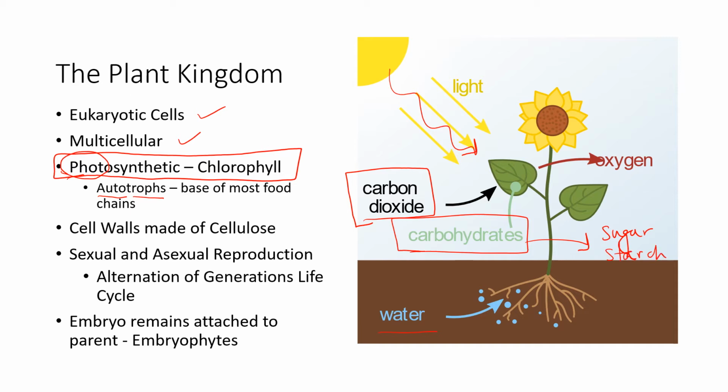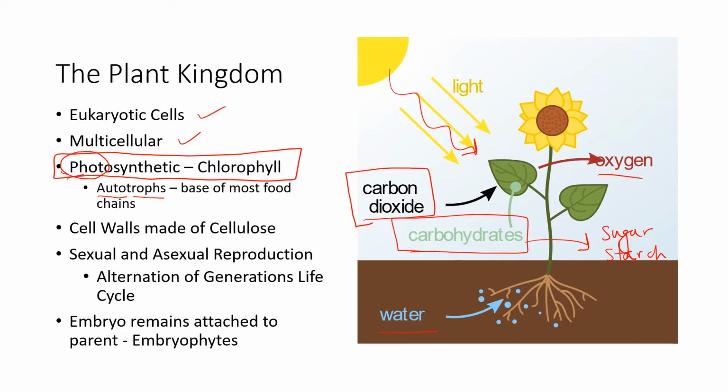If you think about when you eat potatoes or squash or other vegetables, you know that you're getting starch. Now, oxygen is a byproduct that they produce, but the key thing I want you to see is they're self-feeding. They make their own food, and because of that, they're the base of most of our food chain. If you think about the things that you eat, if it's not a plant, let's say hamburger meat or steak, it comes from a cow, and those cows get their food directly from plants, whether it's grass or hay or oats. So any land food chain is going to have plants at the base of it.